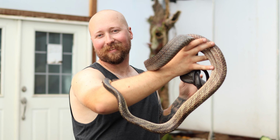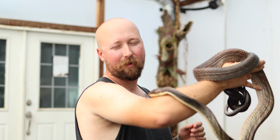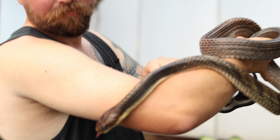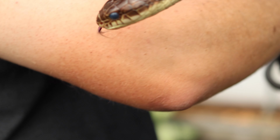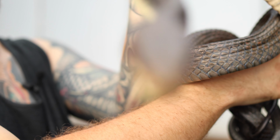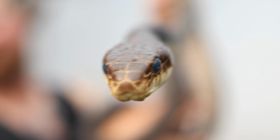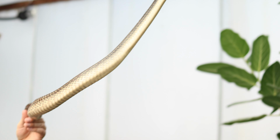Sorry, I'm trying to talk to you guys, and I'm enjoying this too. His head scales are crazy. They literally look like an elapid, like a mamba or something. Look at those cheek scales. Ooh, no, he does not like the camera though, I don't think, but look at that. He is strong, insanely strong. You can tell it's an arboreal snake right there, being able to stretch out like that,